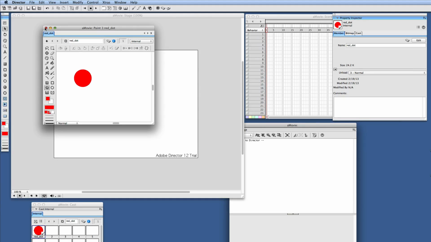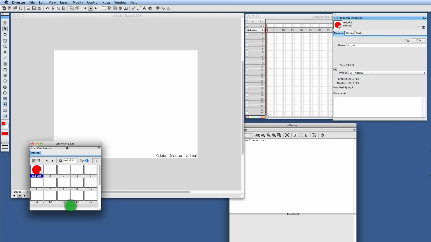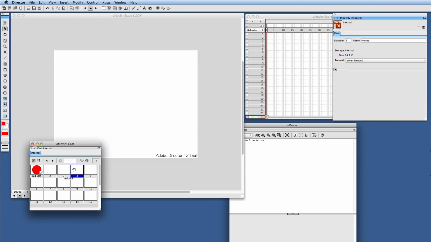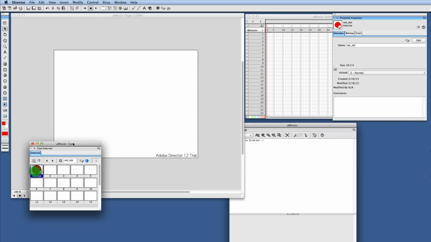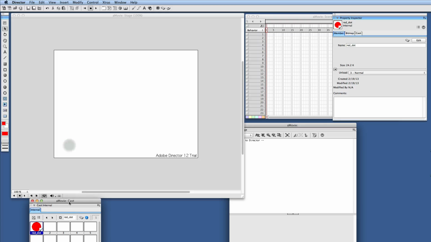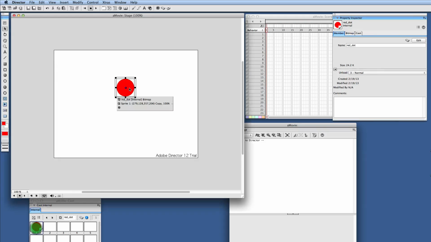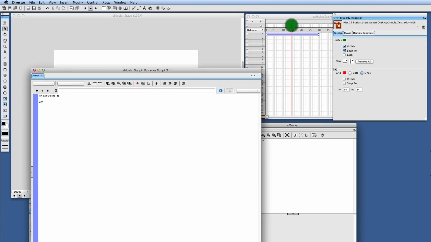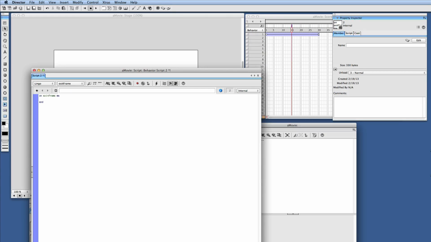I'll show you a tiny little bug down here in the cast window. If you select to edit that and then click elsewhere, you'll see a tiny little mirror image of the cast name, which got shifted off. So I drag that up onto my stage. I'll add a little go to frame save, and here you can see the new